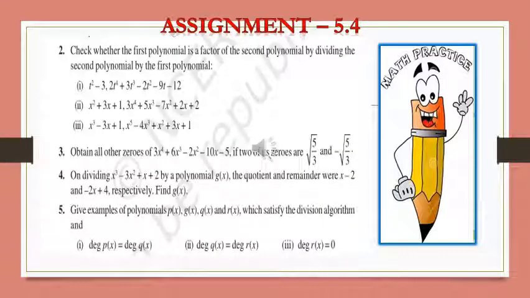Dear students, today we have learnt about the division of polynomials, whether a polynomial is a factor of the given polynomial or not, and how to find all the zeros of the polynomial. If you practice it, you will become perfect in the long division method of polynomials, because we have already studied it in standard 8th and standard 9th in two consecutive years, and now the same again in standard 10th. So do this assignment, complete it honestly on your own, and apply your understanding.